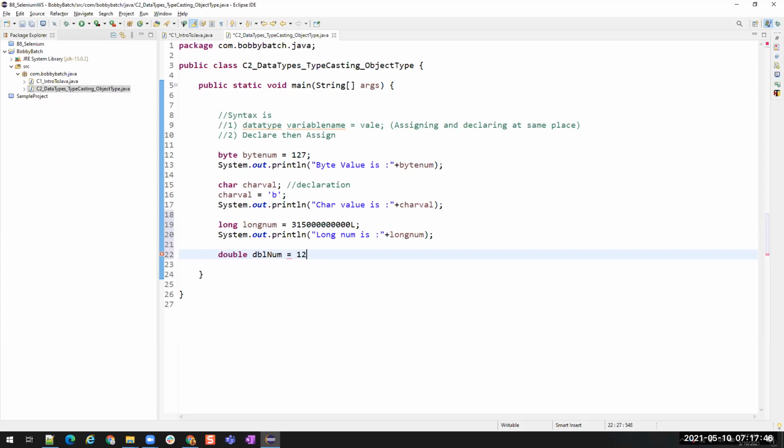So I'll show you as 123.987654321. I have stored around 9 digits after the decimal. Now let us print this. There is a purpose, that is why I'm writing this, just to show you some values in the console.